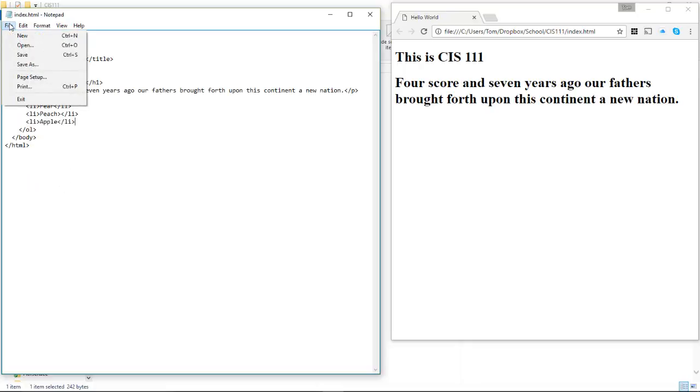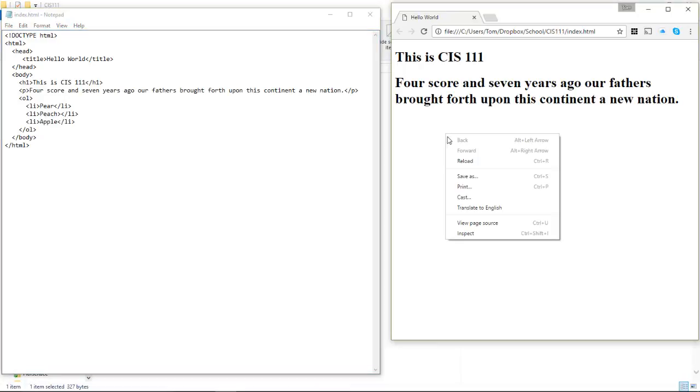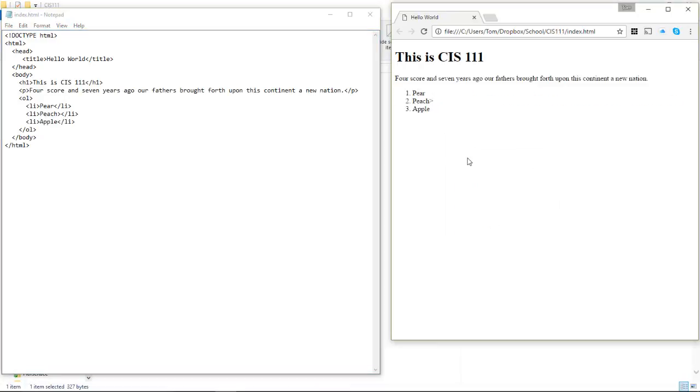I'm going to save it, jump across over here, refresh, reload, and voila. Notice what it did. Oh, except I have a typo in here. Notice how right after peach, I have that bracket. Let's go back and find out. Ah, right there. Let's take that bracket out, resave,